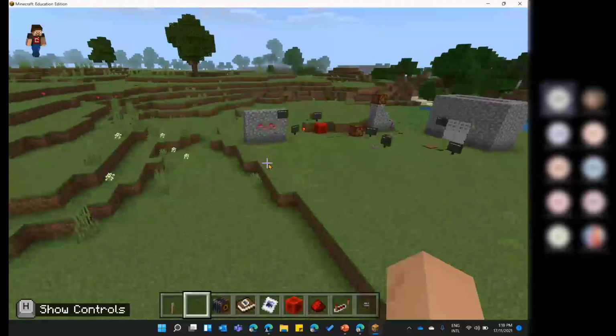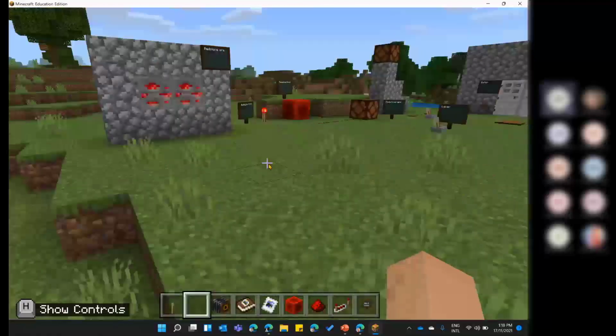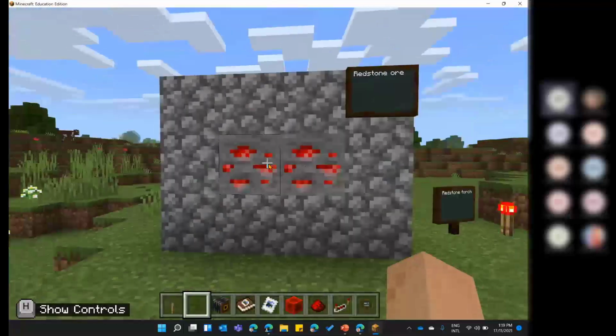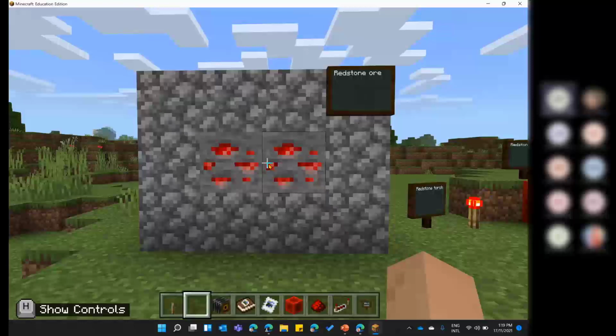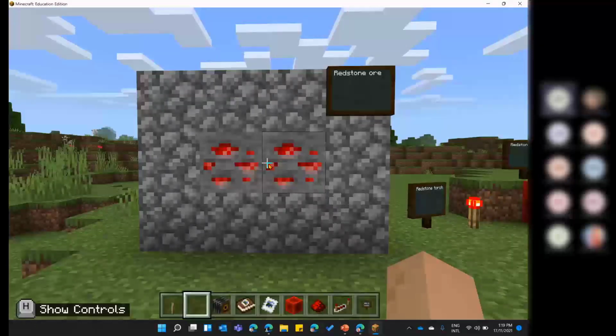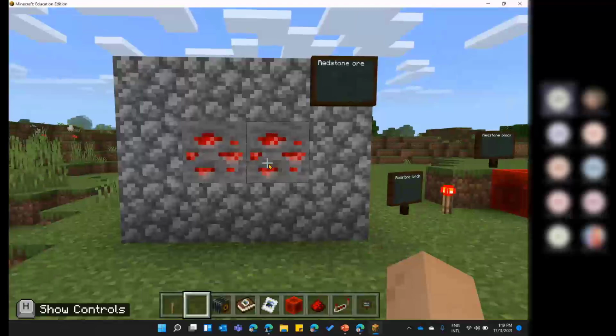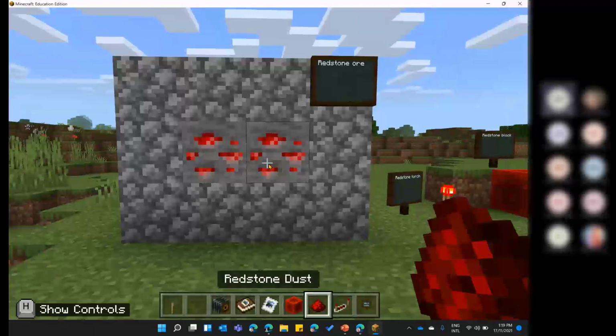So I've just put a lot of slates around so that I know what I'm showing you. These two blocks in the middle here are redstone ore. So they are what you would see if you were mining, in a cave, and you found some red specks. They are redstone ore. So in survival mode, you would actually